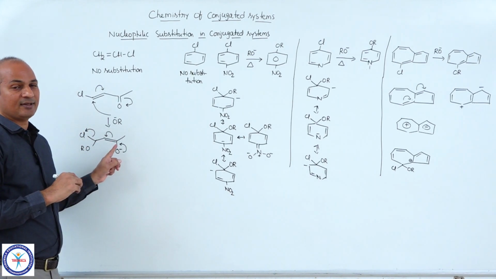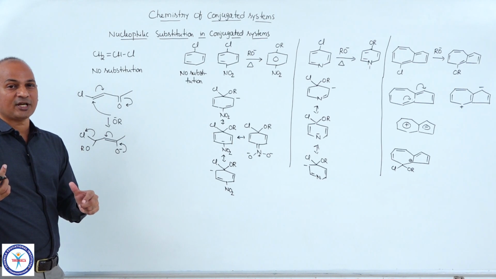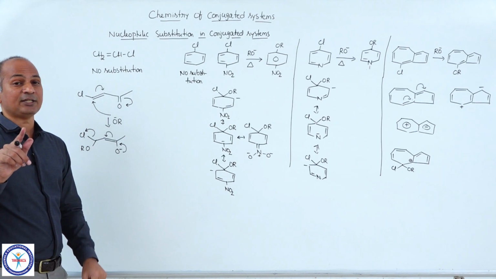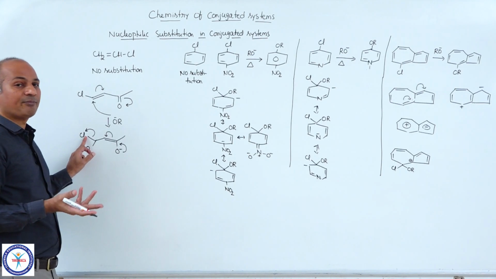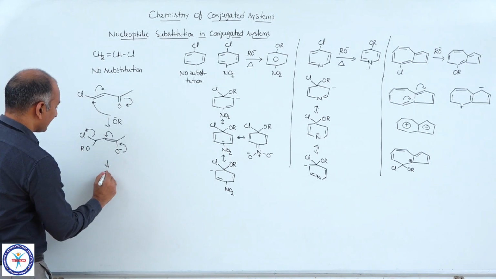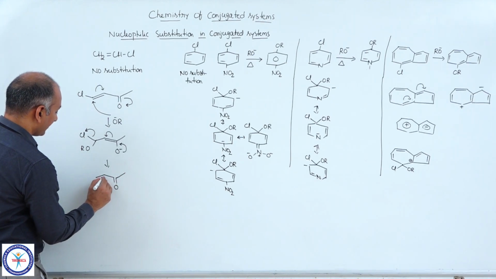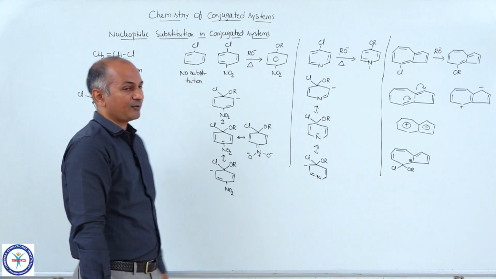Something like this: an alkyl halide is there, and on the beta carbon we have negative charge, and the leaving group readily leaves. You have seen this in E1CB. In such a case, even fluorine leaves. So chlorine is a better leaving group than fluorine. So the final compound here is, here we will get back this carbonyl carbon, and here we have double bond, and here we have OR. And you see that, all of you?